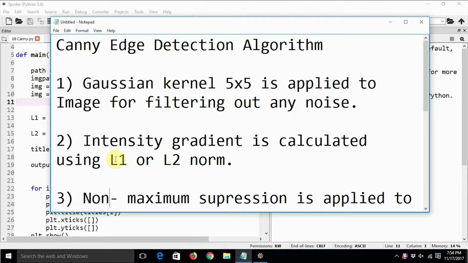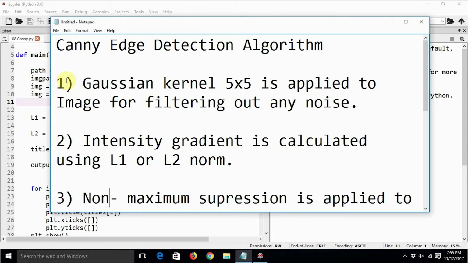In this tutorial, we are going to have a look at the Canny Edge Detection algorithm, which is a customized algorithm for detecting the edges in an image. In the last tutorial, we had a look at what high-pass filters are and how to use those high-pass filters to find out the edges in the image. So in this tutorial, we are going to see a customized algorithm, which is nothing but the Canny Edge Detection algorithm. Let's have a look at it first, and then we will see how to call the function in OpenCV which implements this Canny Edge Detection algorithm.